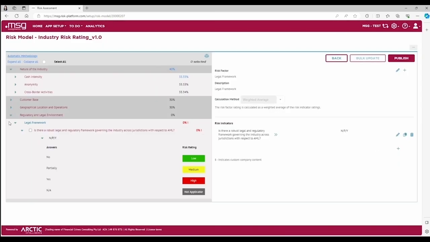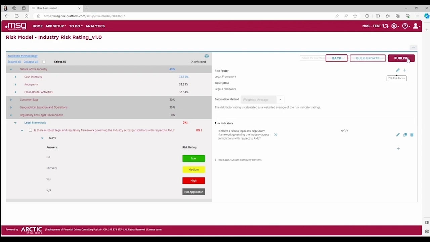Now we have a new updated risk model, and you can reflect the new aspect which you have learned from the last regulatory document, and you have an up-to-date and compliant risk model.